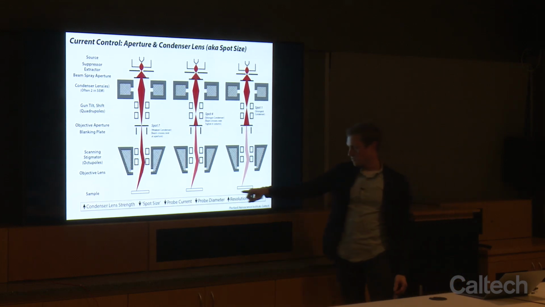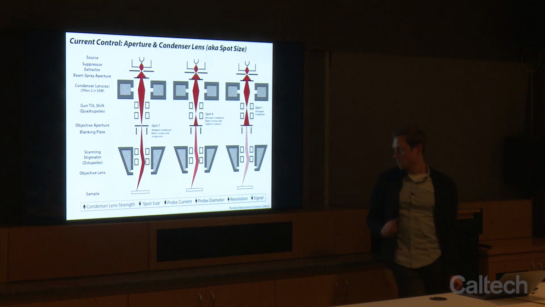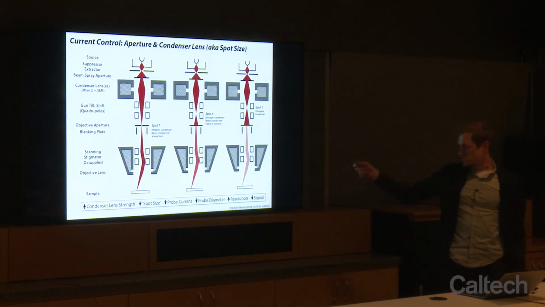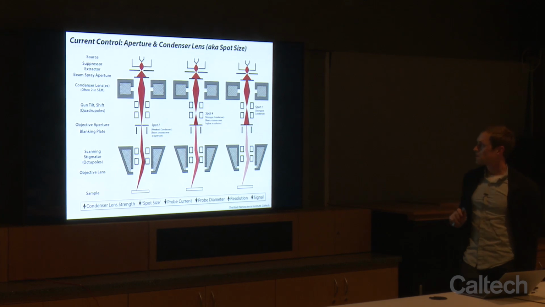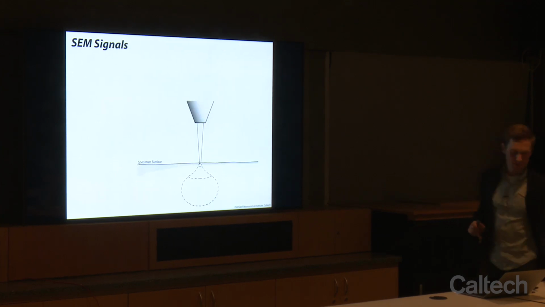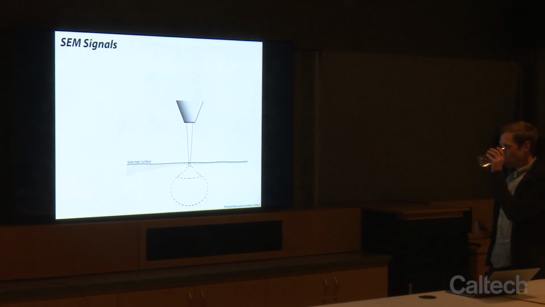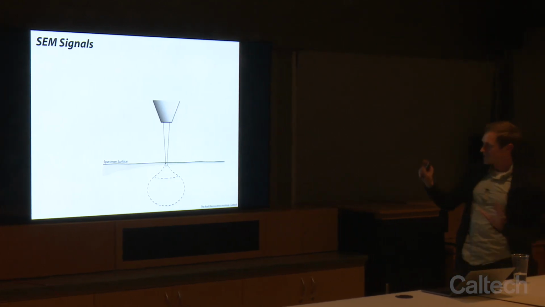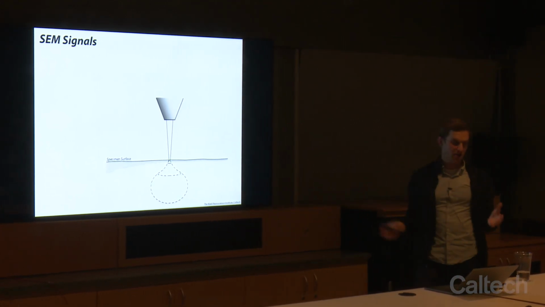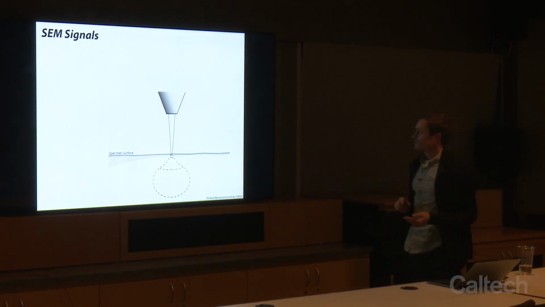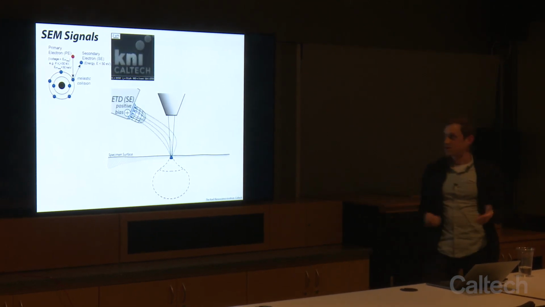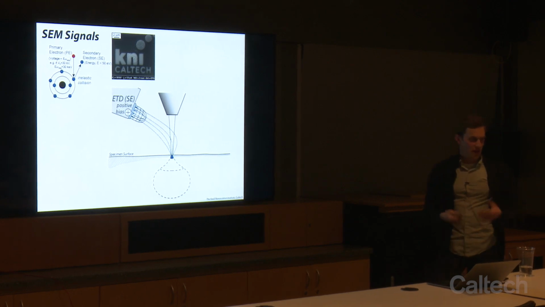And here we see some of those relationships that I was talking about in terms of condenser lens strength to probe diameter, resolution, and signal. Okay, so this is an interaction volume, and we're going to build it out and learn about all the different signals that are involved. So the first signal, and the primary signal that most people think about and care about, is the